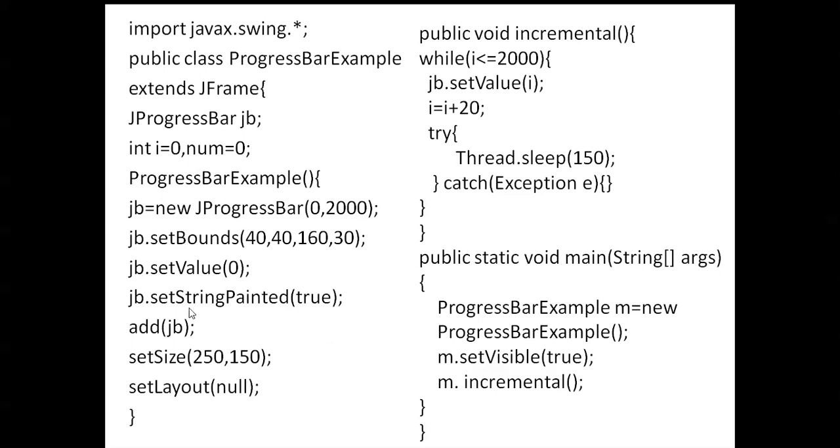So here in this example, the frame class is declared and the JProgressBar object is declared. Inside the constructor, the progress bar object is created as jb is equal to new JProgressBar(0, 2000), where 0 is the minimum value and 2000 is the maximum value. Then the setBounds method is used to set the position of the JProgressBar as 40, 40 as the x and y coordinates, 160 is the width and 30 is the height of the JProgressBar. Then the current value on the progress bar is set by using jb.setValue(0);